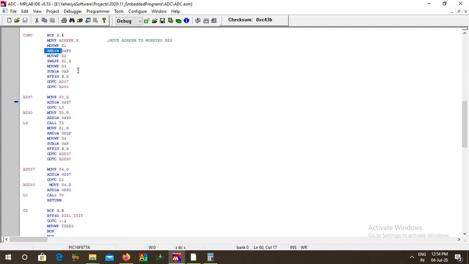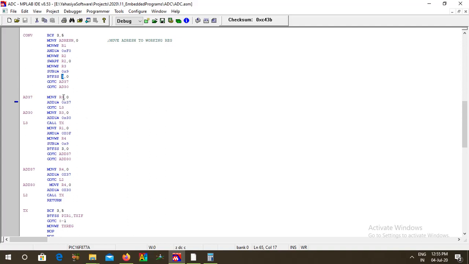Then we subtract 9 from the result, that is from the MSB. Why do we subtract 9 from the MSB? We are checking whether the MSB value is greater than 9, because up to 9, to display the ASCII value, adding only 30 is enough, but to convert the hex value more than 9, we have to add 37.